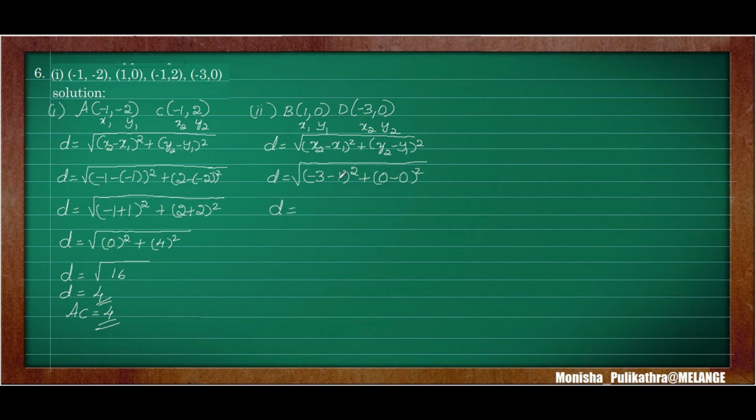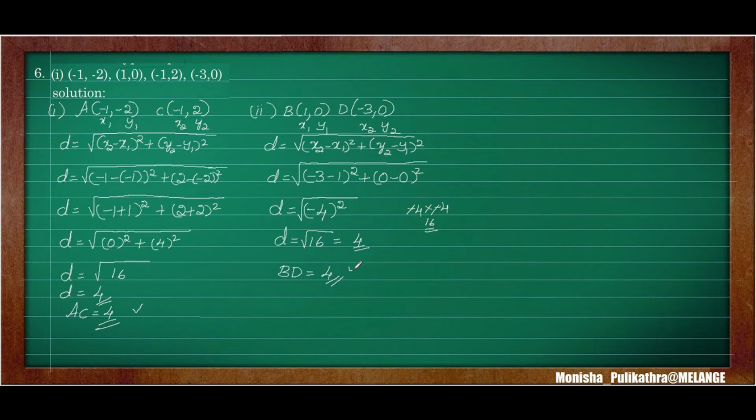So here minus into minus plus. So 3 plus 1 is 4. The larger number sign is minus, so we need to retain that minus here. Okay. Minus 4 whole square. So now 4 square. What is 4 square? Minus 4 square is also equal to minus 4 into minus 4. Here minus minus gets cancelled. 4 fours are 16. So it will become root 16. So square root of 16 is equal to 4. The value of BD, that is the diagonal BD, is also equal to 4.